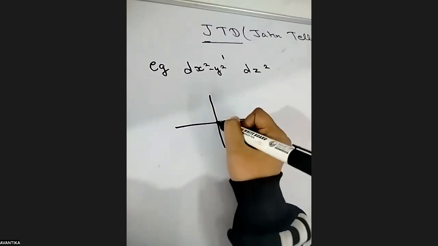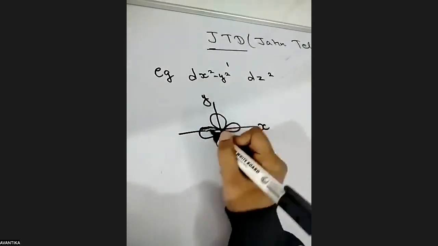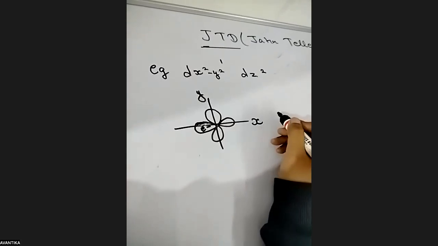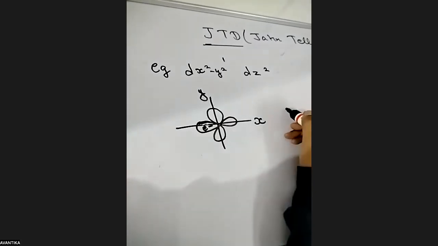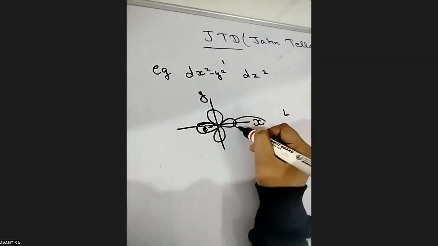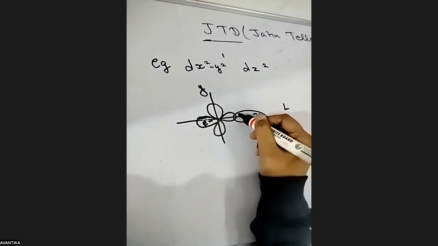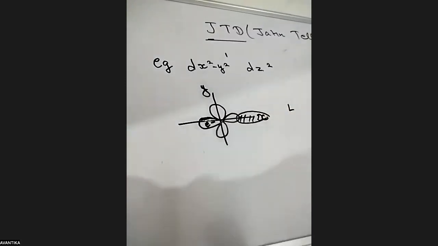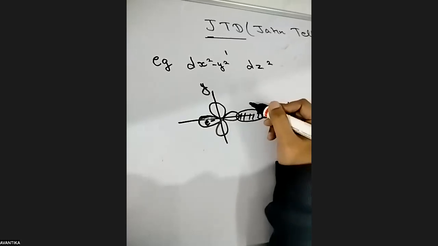Here the electron is present, and if the ligand approaches towards the axial orbitals, then more repulsion occurs, and due to this the energy of the orbitals containing the x and y axes will be raised, and in dz square